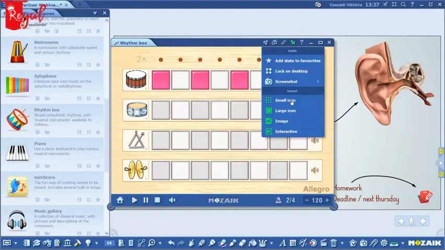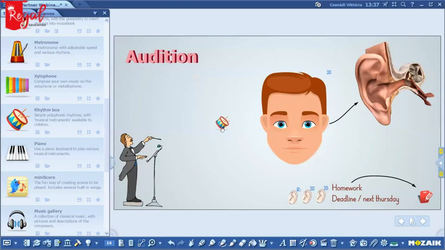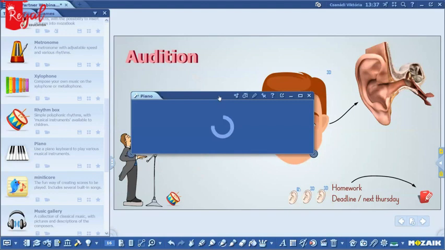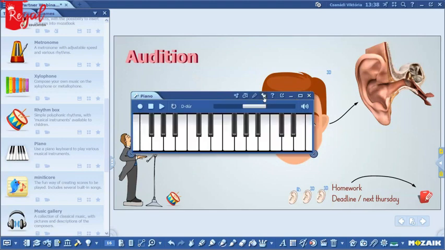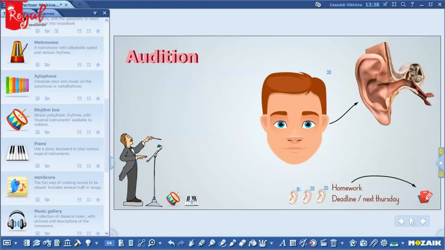But now I just want to pin it into the presentation as a large icon, and this orchestra can be a really, really fun game for the students at the very beginning of the lesson or by the end of the lesson when they are so tired learning new information,